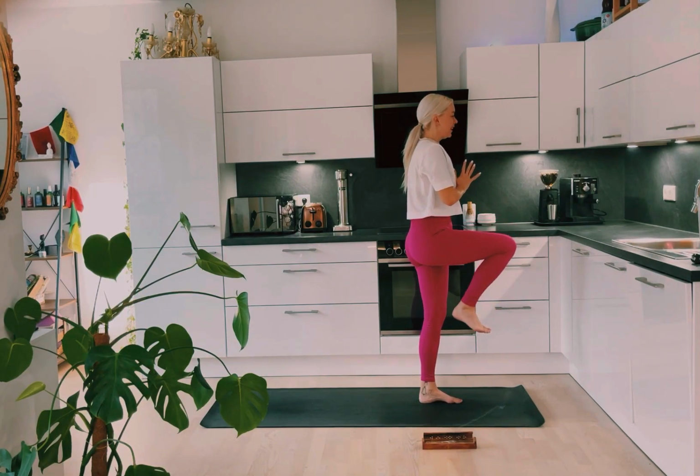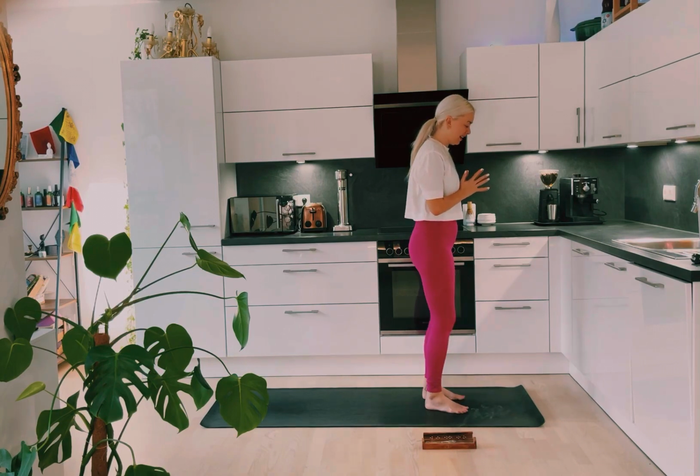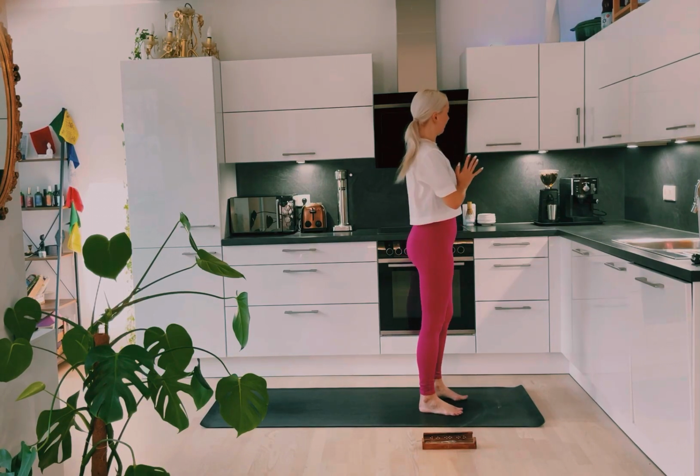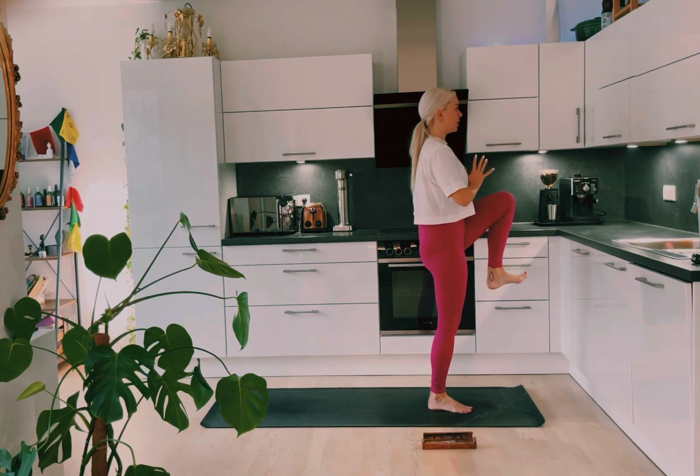Perfect, cool. So don't worry if you couldn't do it. Just make sure you try again and again, and we'll get stronger and stronger together. Okay, other side. So planting the right foot down onto the mat, bring the left knee in towards the chest,